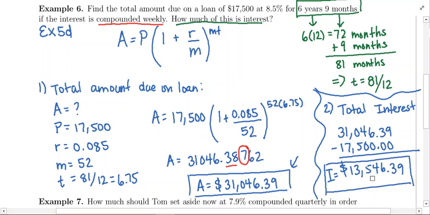Okay, so there you go. Again, I equals P times R times T only applies to simple interest. All right, let's take a look at